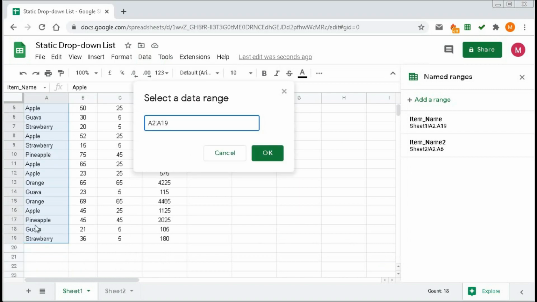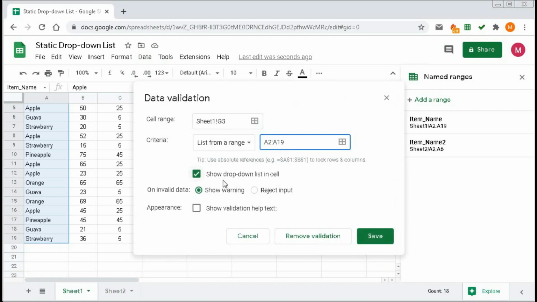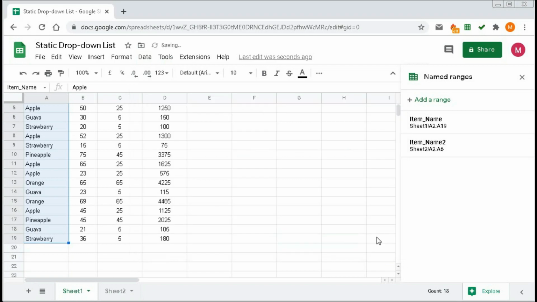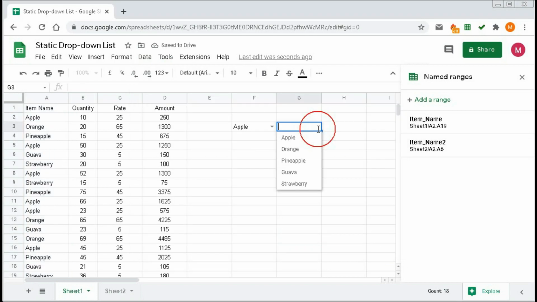If you select up to row 19, click OK and use this function as you want, then click on save. You can see we got the same drop-down list. We do not have any duplicates. So in this way also you can create a drop-down list, and you can also use this named range to create the drop-down list.